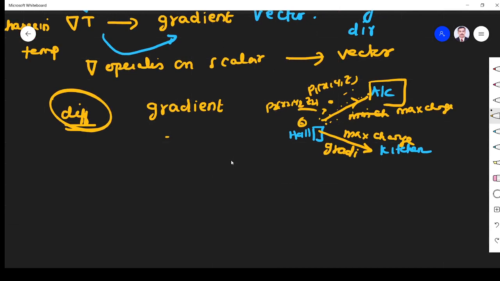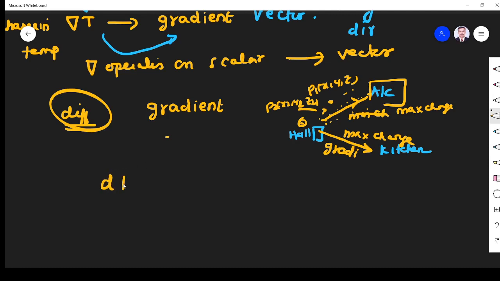Now let us see. From point 1 to point 2, all three coordinates are going to change, because every point is represented by different x, y, z. In the x direction it will be some value, in the y direction some value, and here also different values. We have one simple solution for this in partial derivatives.